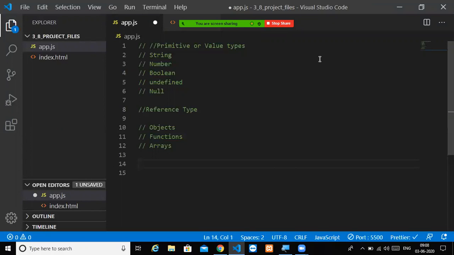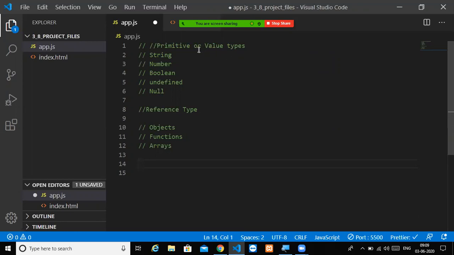If you have studied C programming in your college days or in your school days, I think there is a concept called pass by value and pass by reference, right? Most people get confused about how to pass by reference and what is pass by value. In JavaScript there are two ways in which you can declare a value and take the type of it. The first way is by using value types, and the second way is by using reference types.